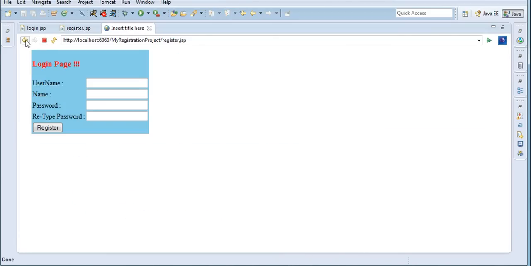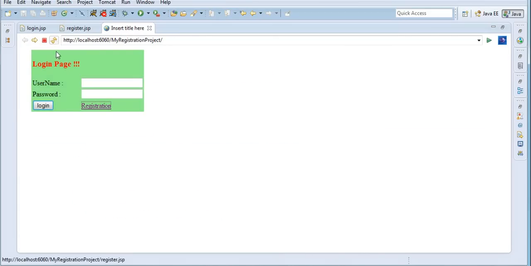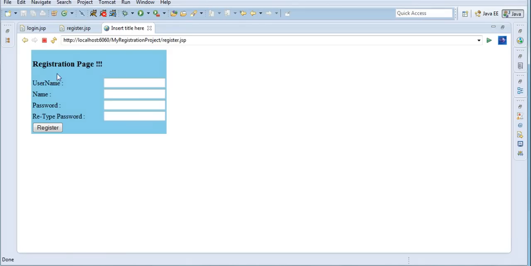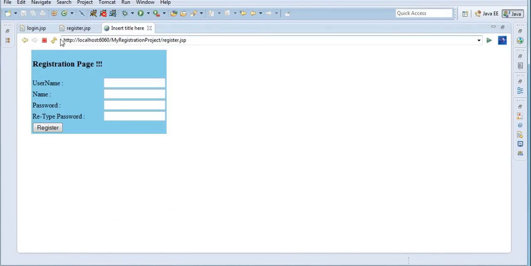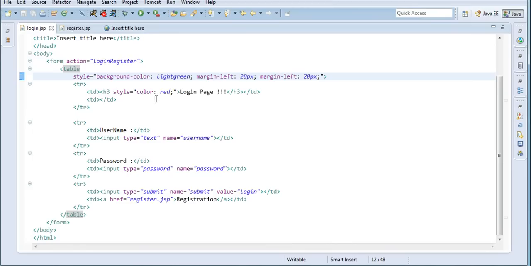So let me go back and refresh. See, we've got a login page with green color, and when I click on the registration page, I get the registration page. I'll make it red only. Red will look good. Control save. So make the table size